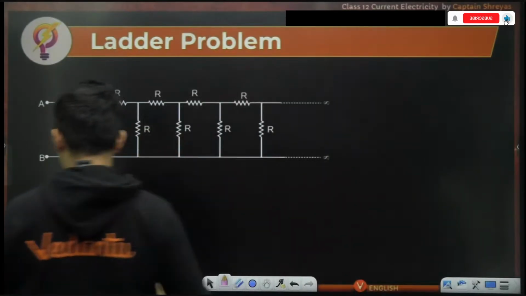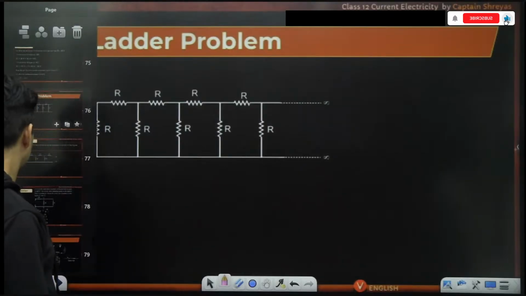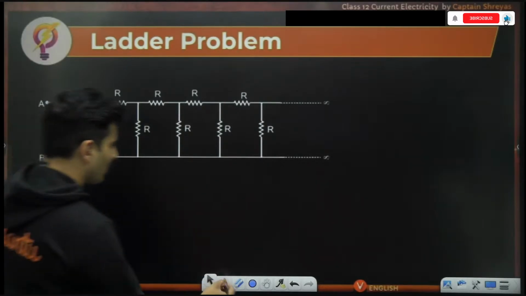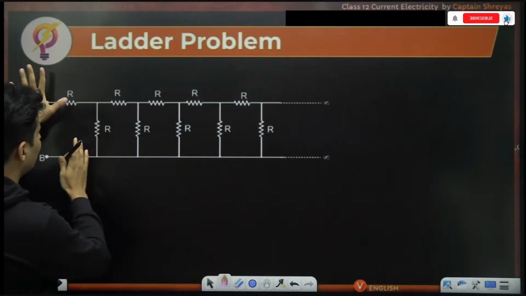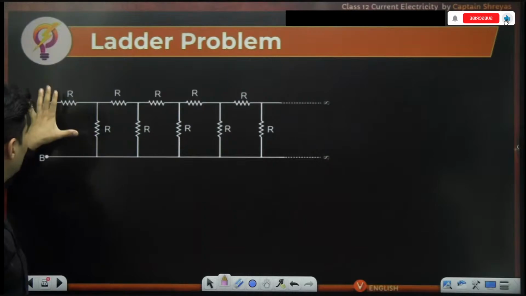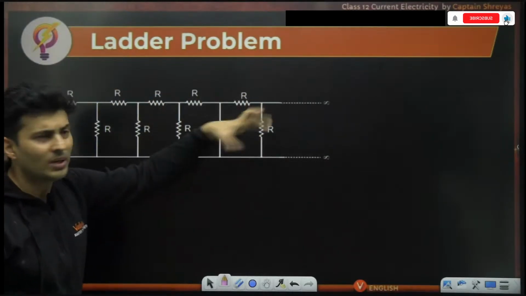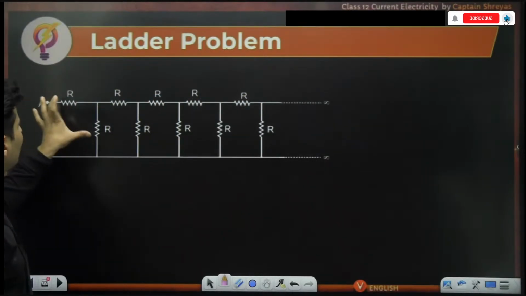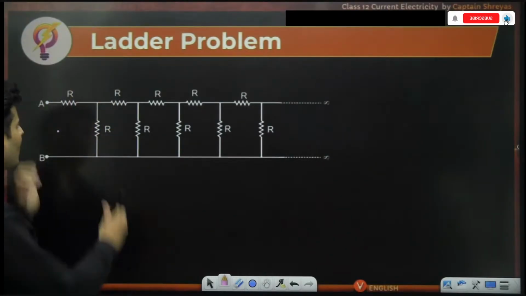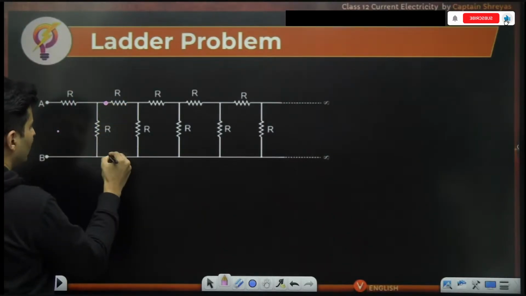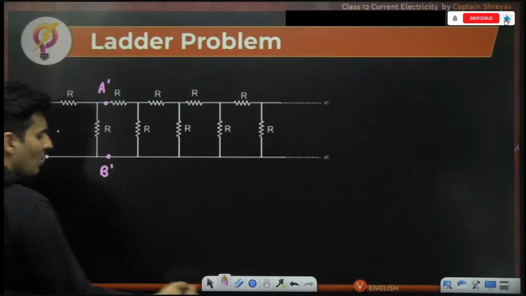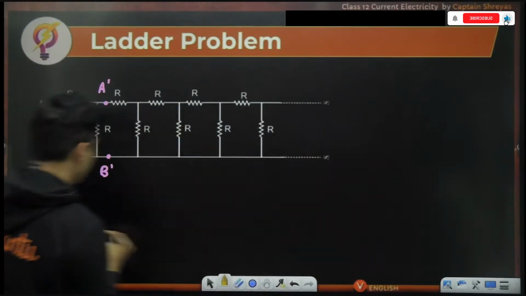Usually these kinds of questions can be solved just by taking something like, had I forgotten the first two resistors. So you identify the pattern first, like these two getting repeated one after the other. If you forget the first part which is getting repeated, notice this point and notice this point. If I call this A prime and this B prime, whatever is the resistance